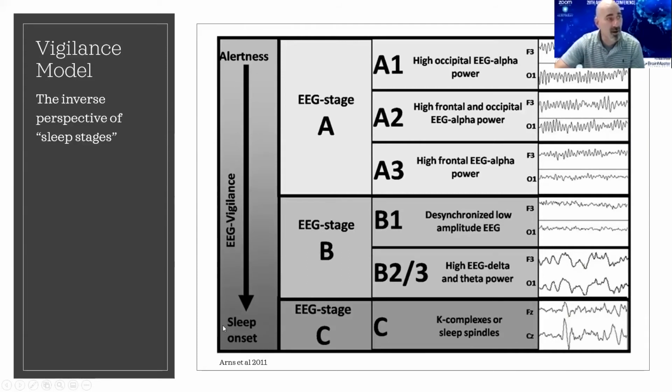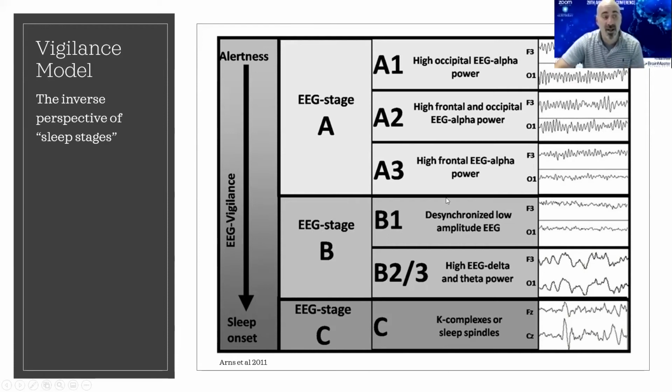And when we talk about alertness and sleep onset in stage A1, high occipital EEG power, dominant in the back of the head. Here we're looking at F3, this is frontal left, O1, posterior left, and we're talking about alpha being dominant in the back of the head. A2, alpha is seen both up front and in the back of the head, quite common. We also see this commonly with OCD and ODD in an eyes open condition. A3, some people don't really spend a lot of time in this state, but some do. And here the alpha is dominant up front, but we see it drop out in the back of the head.